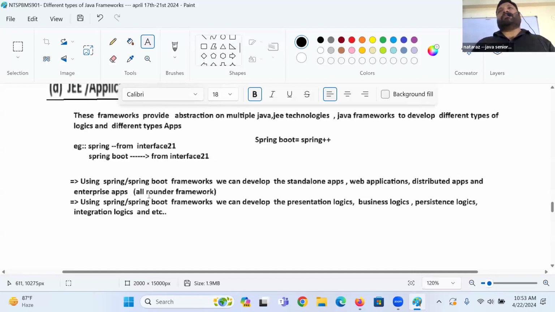In MVC frameworks, Struts and JSF are there, but Spring MVC is the best. In web services based distributed application development, Spring REST is the best. All these are now part of this application framework. So though we are learning four, we are actually learning the last one, which also covers the first three.